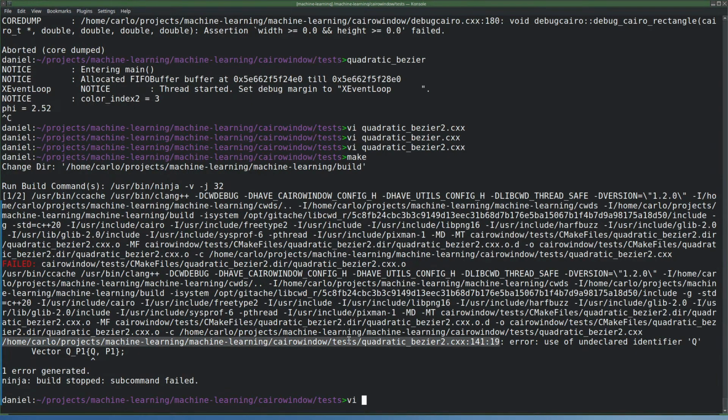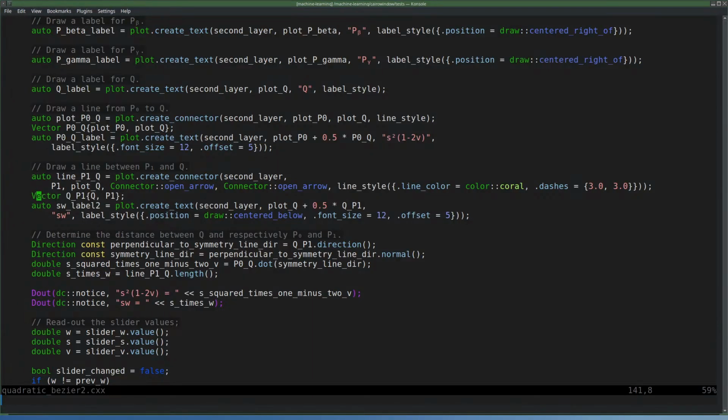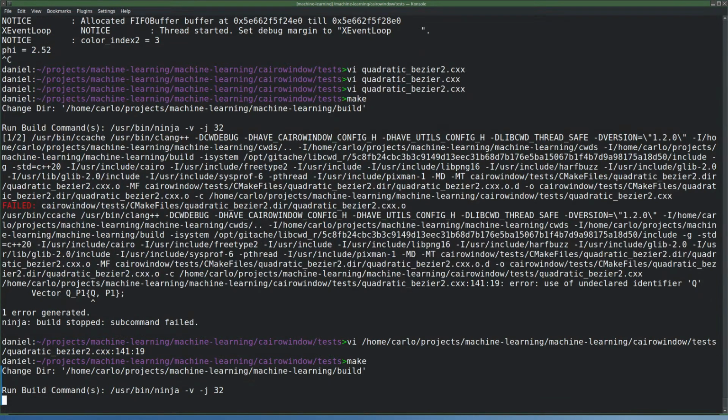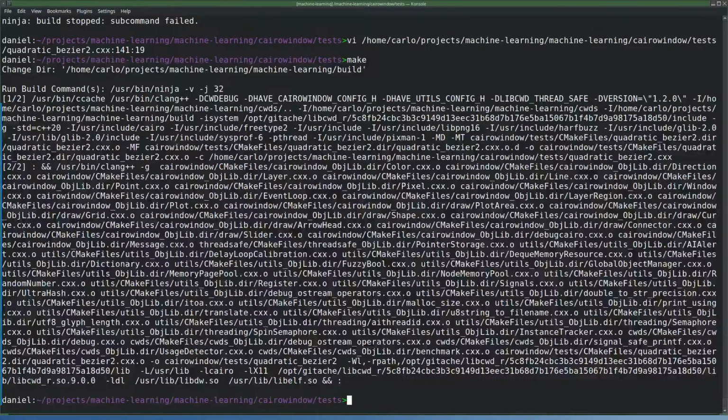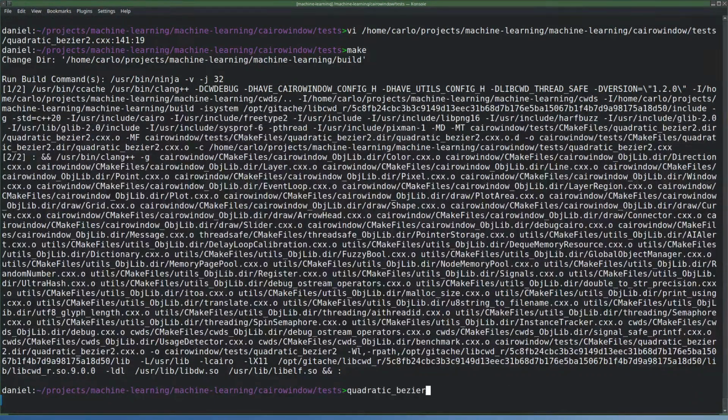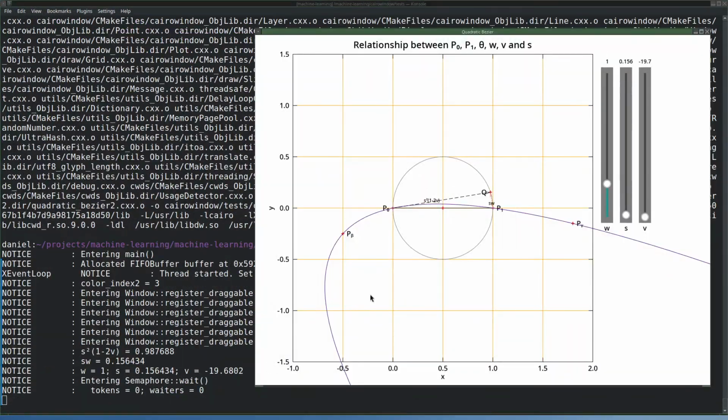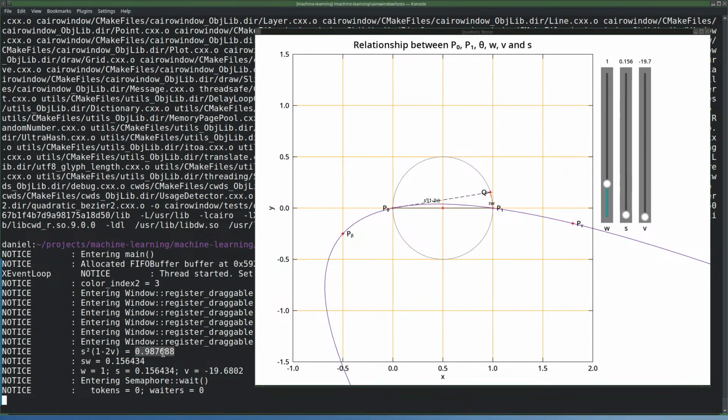What is happening here? We don't have a Q. Nope. Fortunately, plot Q is derived from Q in terms of types. They are replaceable. So let's run this thing again. So now I have still a positive s squared times, this is just the same value. Why is that the case? Because